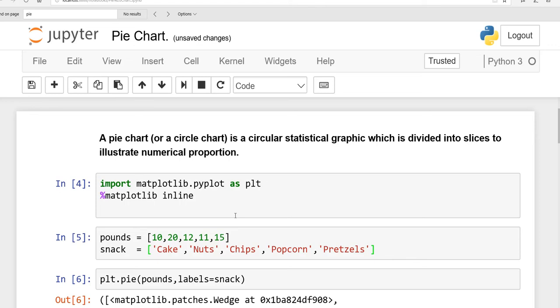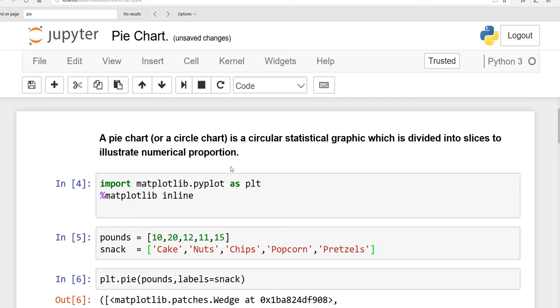In this lesson, I will explain to you how to make a pie chart by using Matplotlib. Before we start, I will explain what a pie chart is. A pie chart is a circular statistical graphic which is divided into slices to illustrate numerical proportion. Simply, you can say that a pie chart is a circle chart in which you can have slices according to